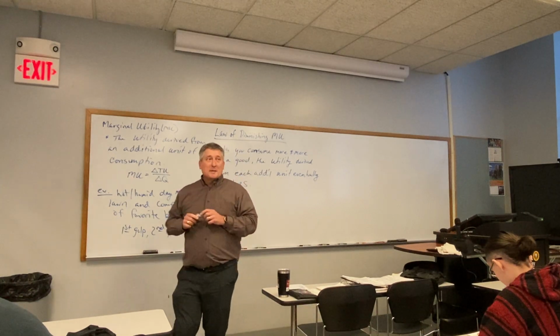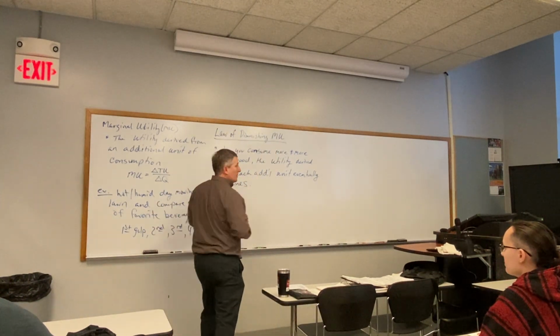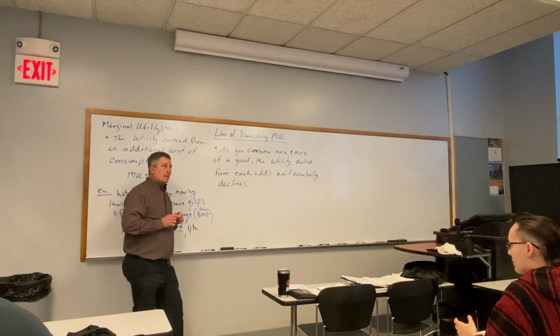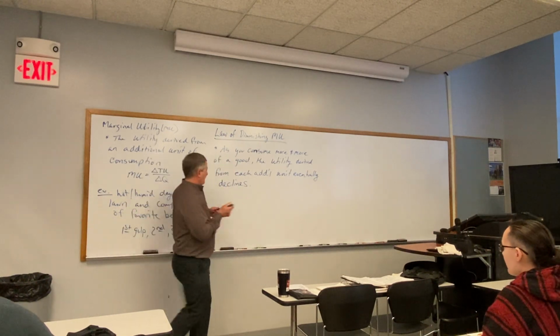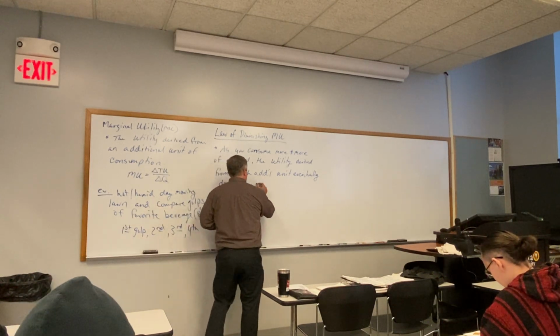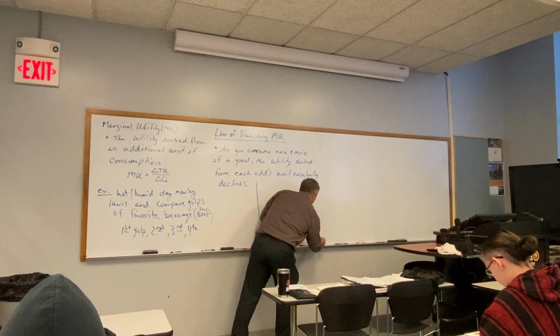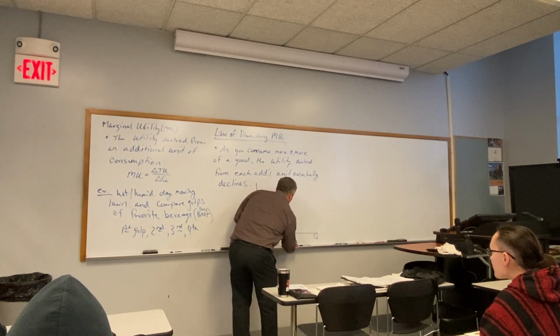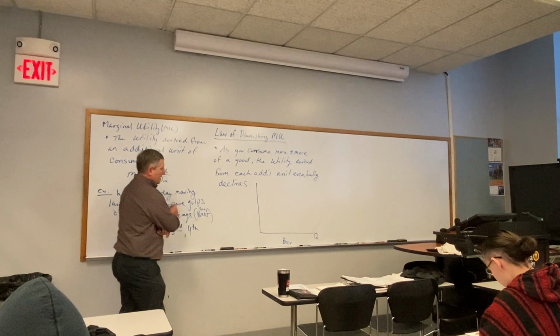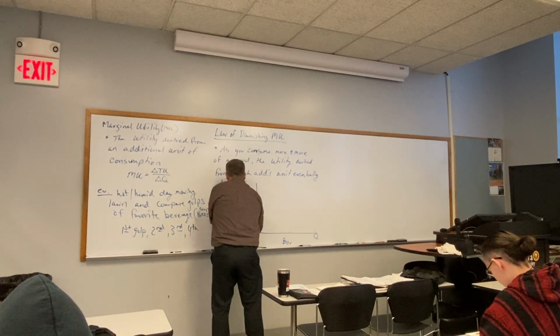Okay, questions or comments on that? Can you run us through some math problems themselves with the equation? We will, okay, but not yet. So, what does this look like graphically? If I measure beer here on the horizontal axis, and I'm measuring utility,